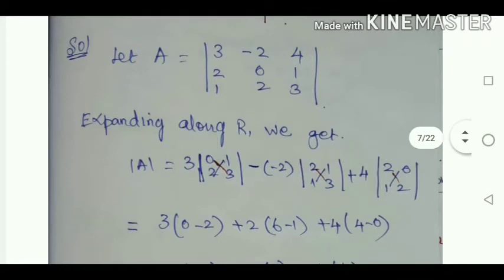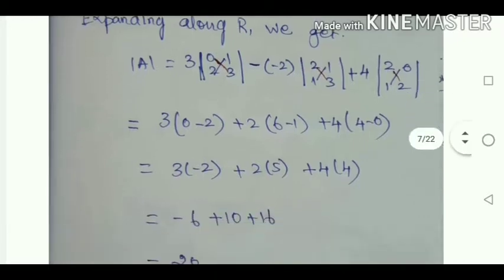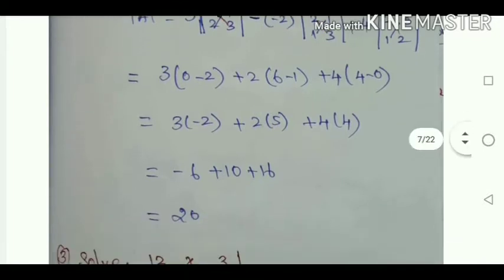Next you multiply this minor, that is, cross multiplying it: 3 into (0 into 3 is 0, 1 into 2 is 2) minus 2, plus, that is minus into minus 2 equals plus 2, 2 into (3 times 6, 1 into 2) minus 1, plus 4 into (2 twos are 4) minus 0. If you multiply it, that is 3 twos are 6, minus 6, 2 fives are 10, 2 fours are 16 ... You are getting the answer 20.